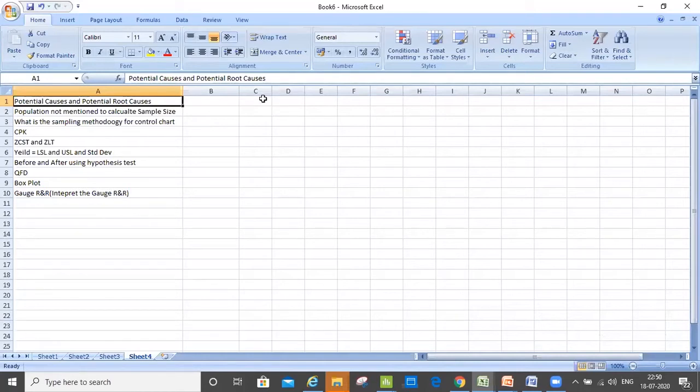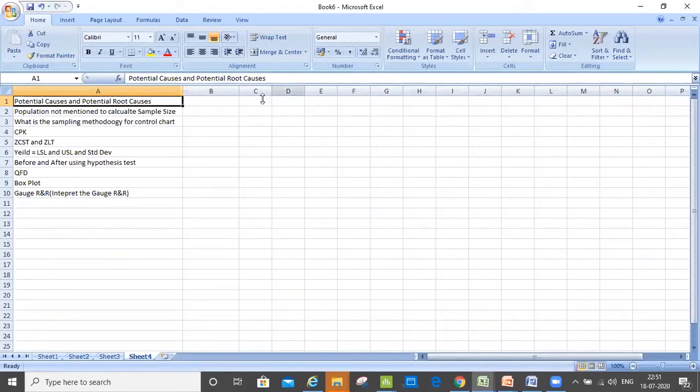The second question you're mentioning seems to be an error in the sample paper that you're talking about, because either the population has to be given. I would ensure that such questions aren't part of your regular exam. While preparing a sample exam, somebody might not have checked. Ideally, this should be mentioned, so don't worry about it. In order to calculate the sample size, you need to have the population.